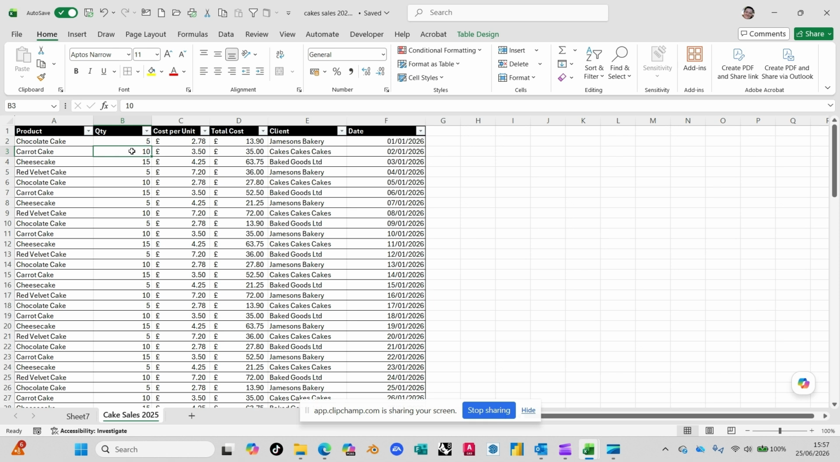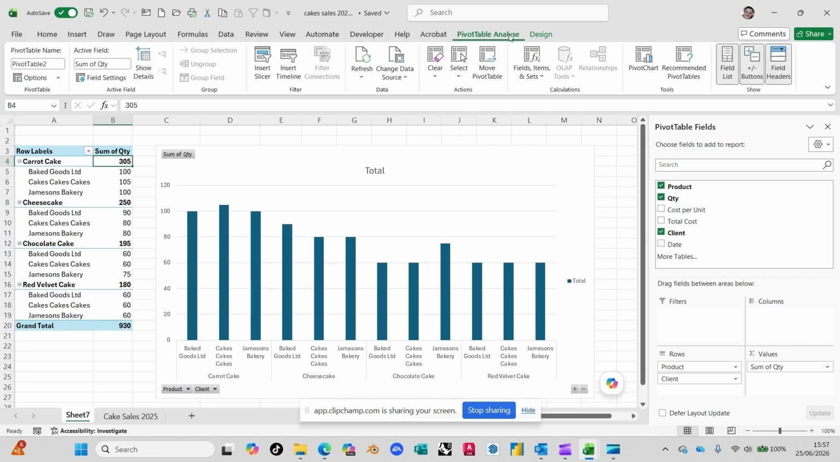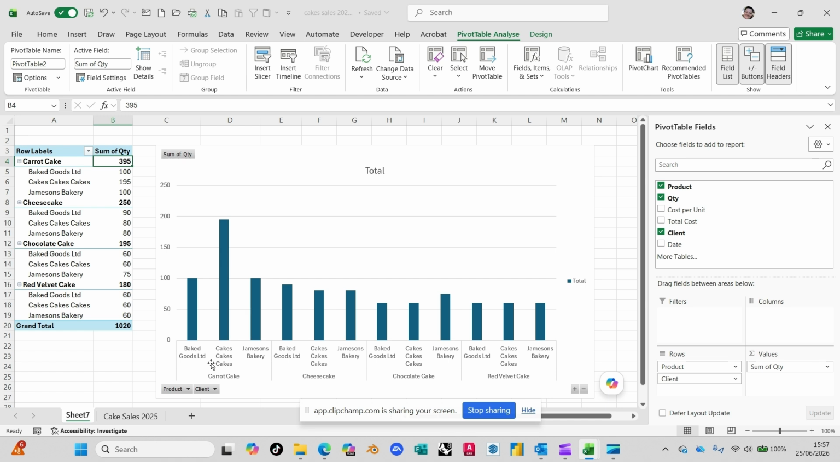Let's say, oh, that wasn't 10 items, that was 100 items. If I update it here, when I go back to my sheet, can you see it's made literally no difference at all because you have to refresh any changes that you've made. So can you see at the top here, I've got 2 little tabs, one called Pivot Table Analyze and one called Design. And I'm going to go to one called Pivot Table Analyze, or Pivot Chart Analyze if you have to be on the chart. And then I'm going to go refresh. And can you see, because carrot cake now is the much higher seller than anyone else, it's updated my chart and it's also updated my